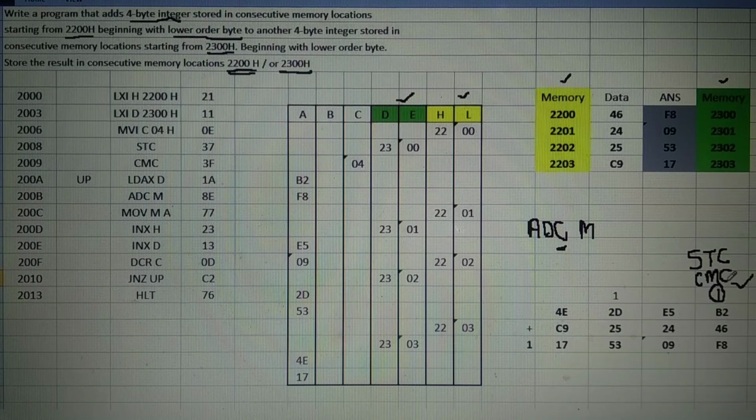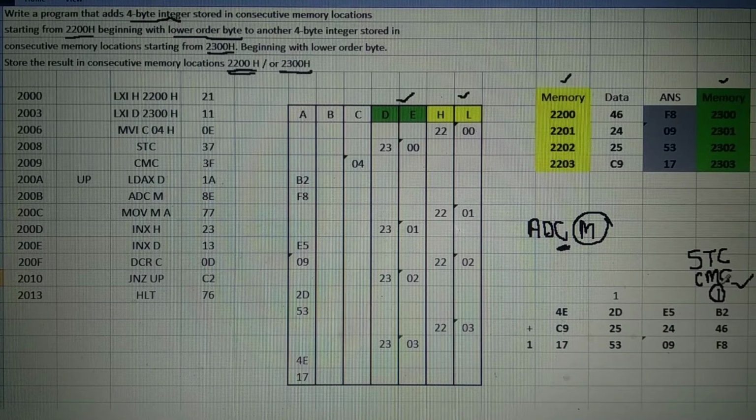This is to be remembered in this program. We are using the instruction ADC M, content of memory along with carry. When the first addition takes place, at that time the carry flag should be 0.